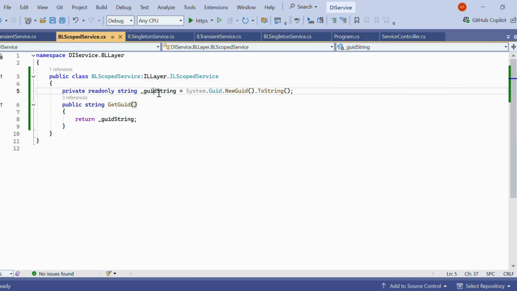There is one property with the name GUID string. So GUID string is storing system-generated GUID string data. It is assigned through GUID string, and there is one method, GetGuid, by which we are returning that GUID string data. So what is happening here, how we are testing things,